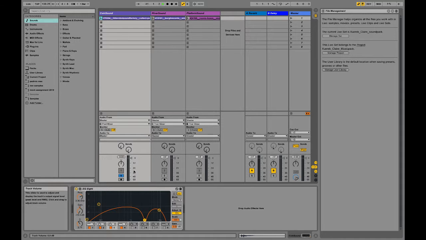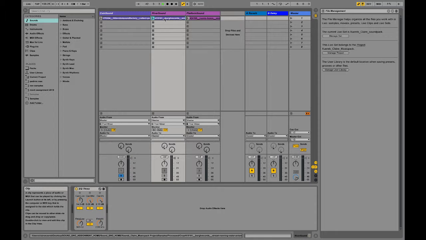The river sound, the sample I found sounded more like rough sea than a river. So I applied the EQ3 and I increased the gain and played around with the frequencies until I reached what I wanted. Without the EQ, it sounded like rough sea and rain at the same time, but not a river. And like this, it's more